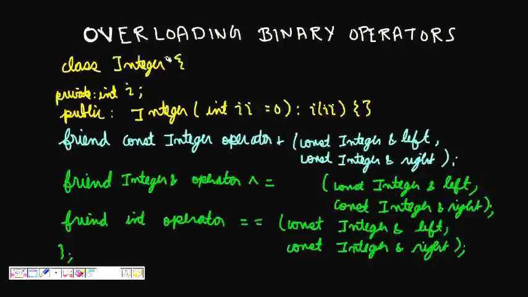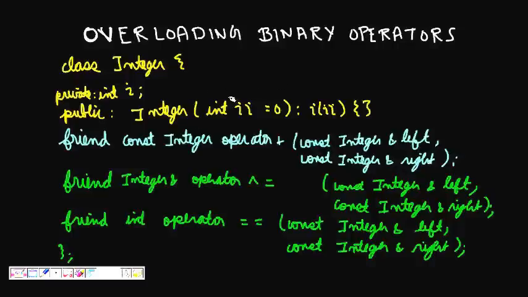Today we will look at overloading binary operators in C++. In the last class we saw unary operators and why we need overloading in C++. Overloading helps to make the operators useful in case of class objects also. If you have overloaded the operators for some class, these operators can be used according to the way you wish them to perform.